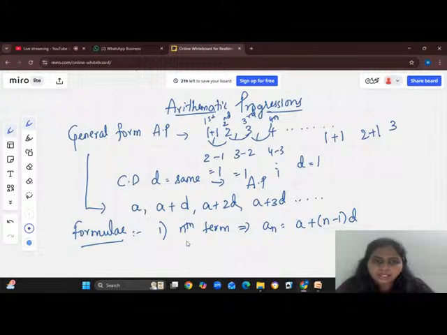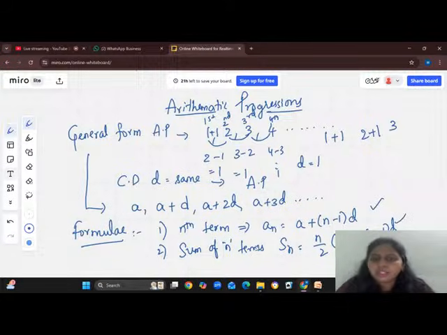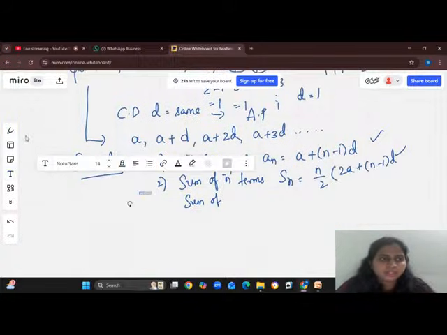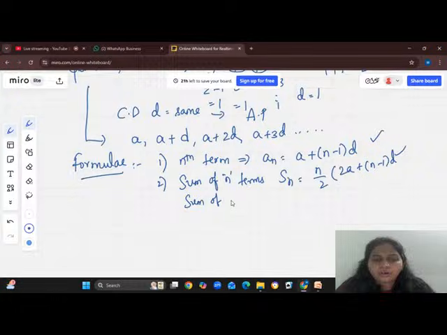The second one is the sum of n terms: Sn is equal to n by 2 into 2a plus n minus 1 into d. These are the two formulas that we mostly use, and sometimes the sum using the last term also comes in the questions. That is Sn is equal to